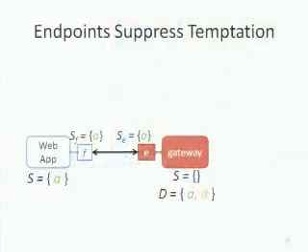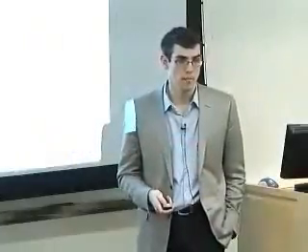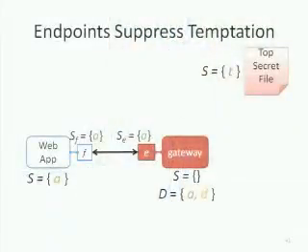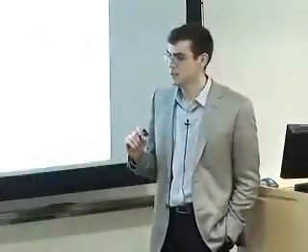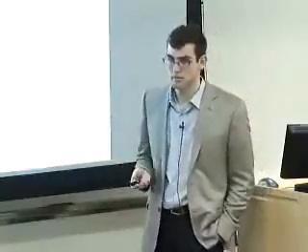So if you think about this example of the gateway that was having this very successful communication with its friend, the web application, and then had this bad idea of reading this temporary file that it shouldn't have read, what happens in that scenario is that when the gateway actually tries to introduce this new tag into its label, the kernel is going to say to the gateway, I'm not going to allow you to do that, because if I were to allow you to make that change, then it would invalidate the restriction I placed on the endpoint that you had to the web application. So here the gateway is able to express the right communication requirements to the kernel, and the kernel is able to return the favor by telling the gateway when it's doing something that's going to get in the way of those requirements. So this is a very useful abstraction for